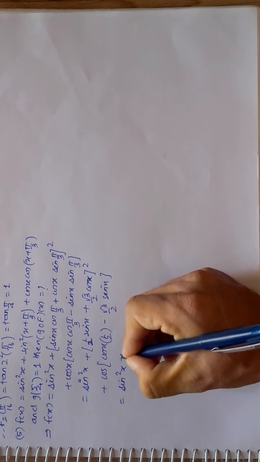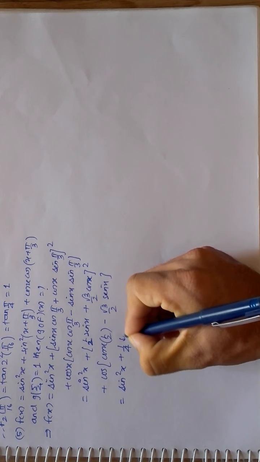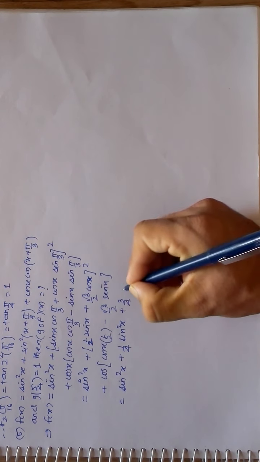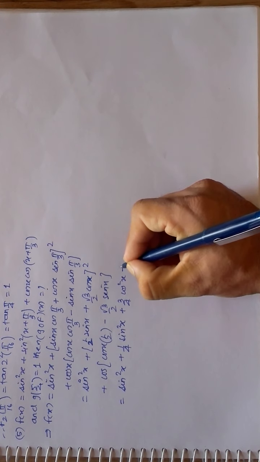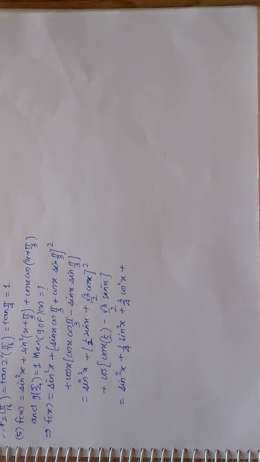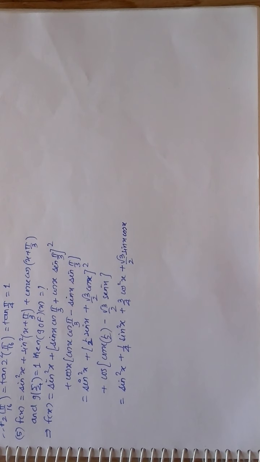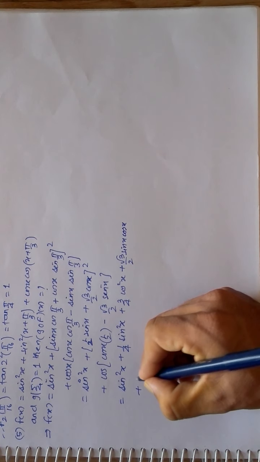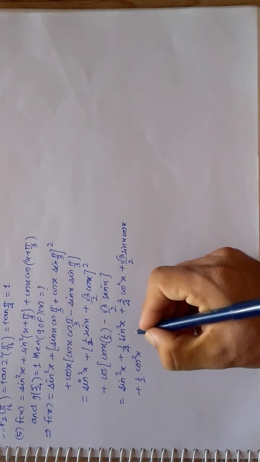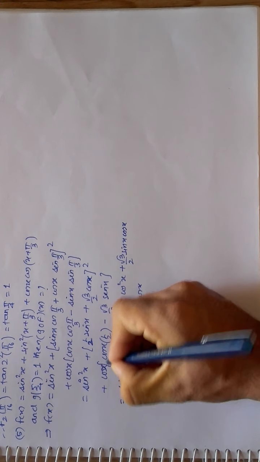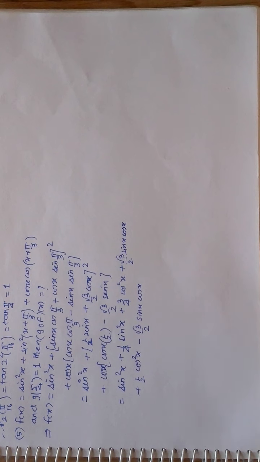Now this will become sine square x plus 1 by 4 sine square x, very good, plus 3 by 4 cos square x plus 2 into half into root 3 by 2, that is root 3 by 2 sin x cos x, just the expansion of the a plus b whole square formula, plus half cos square x multiplication minus root 3 by 2 sin x cos x. Okay, so now you can very clearly see